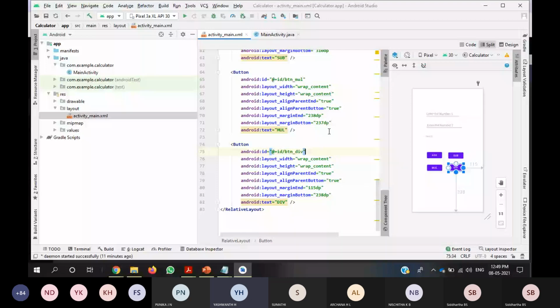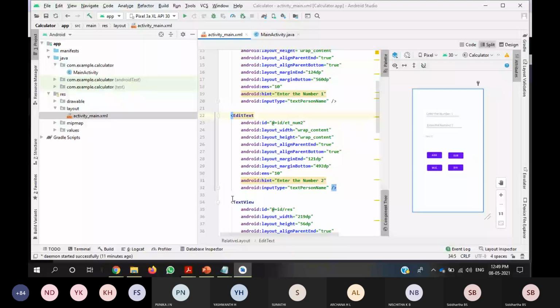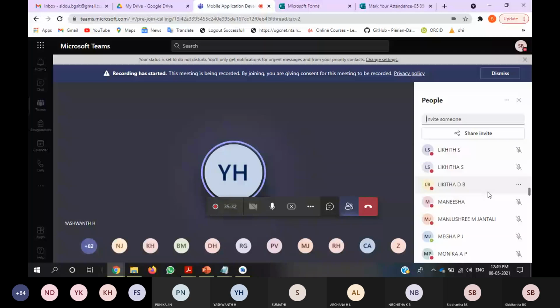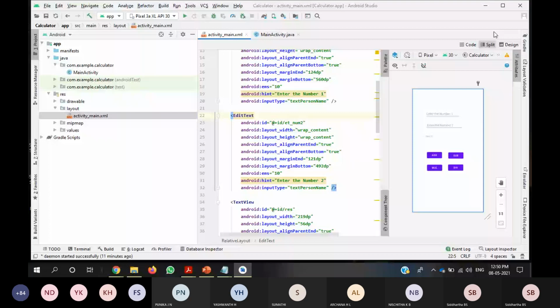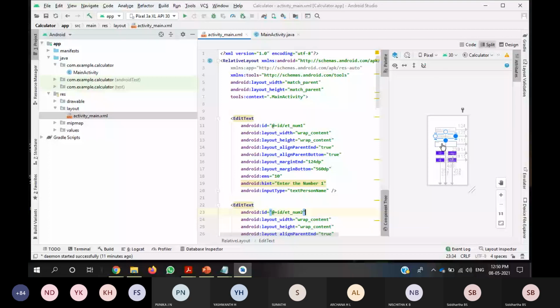so just now, what you have to do next is perform operations. As you enter number 1 and number 2, the result should display. So you need to perform some operations if you click on the add button, or the subtraction button, or multiplication or division. So how are you going to do that?